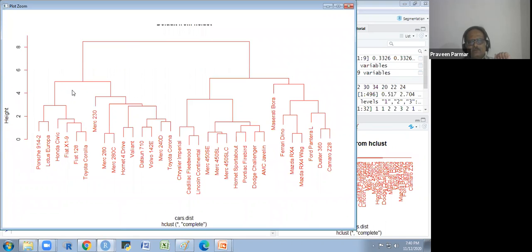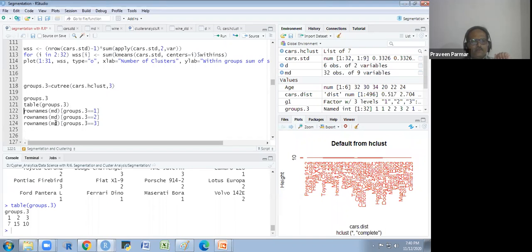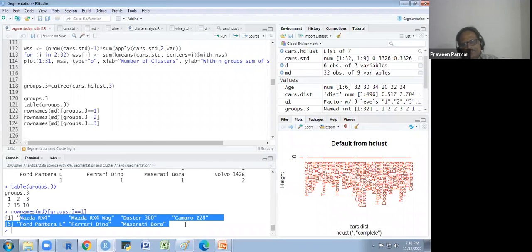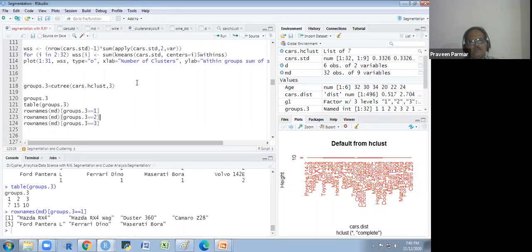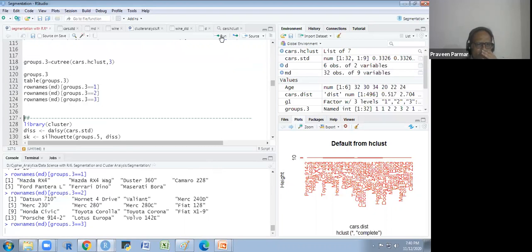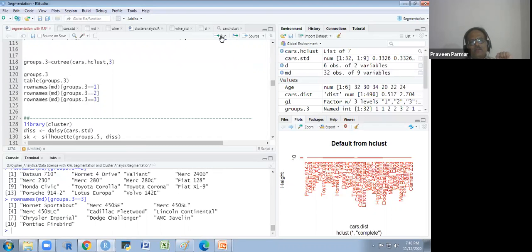That is the 1, 2, and 3. We are getting the first, second, and third clusters in this way. And row names I want to see for the first cluster. You see these are the row names I have given. If we have the index, we will get the indexing there. And for the second cluster, we have this name 15, and then we have this 10.